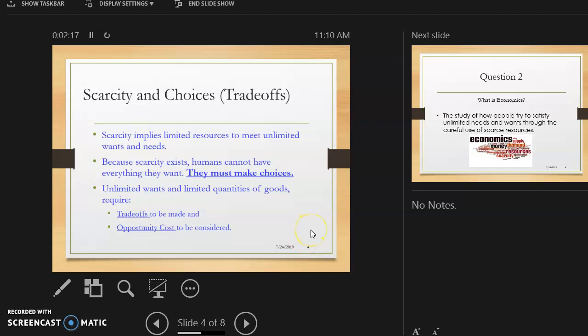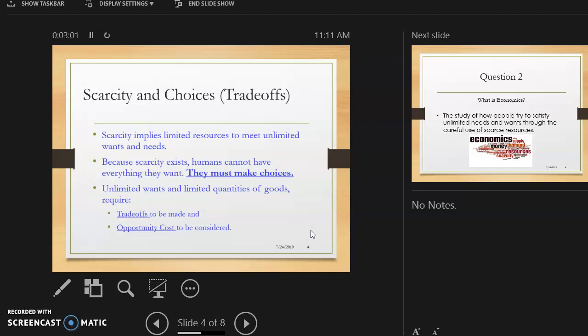So because there are limited resources due to scarcity, we must make choices, and those are choices we make every day. While our wants and needs are unlimited, those continually grow, we still have to make choices, and those choices are called trade-offs. If we decide to do one thing and not do the other, then we are making trade-offs. If you decide to go to the store and buy a candy bar, and instead you choose to buy gum, then your trade-off is giving up the candy bar. Something as simple as that.